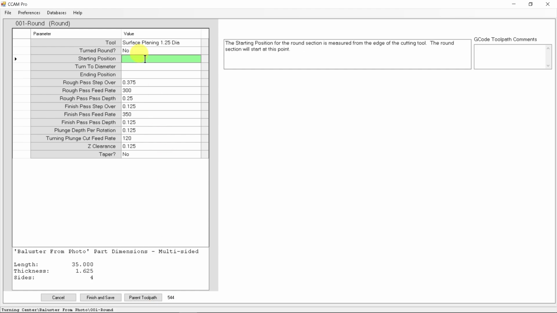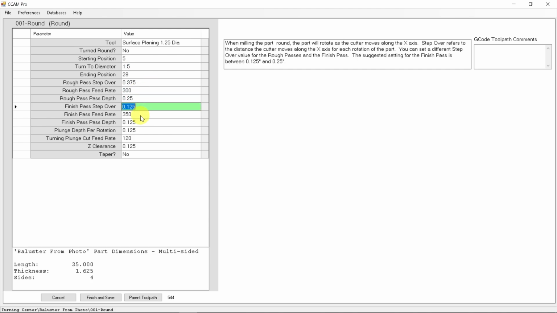So our starting position is going to be 5. Our ending position is going to be 29. And we're going to turn it to the diameter of 1.5 inches in diameter. Now these are all default feeds and speeds, okay, and I recommend using them as you get started with the